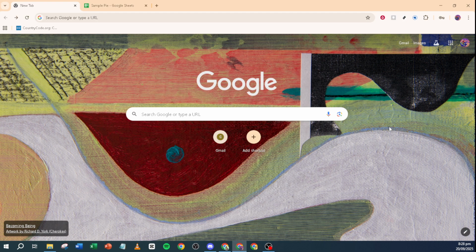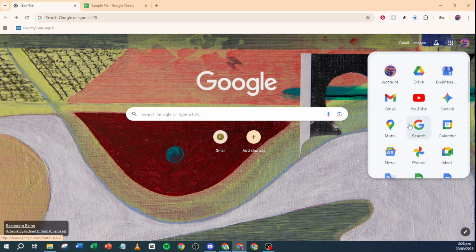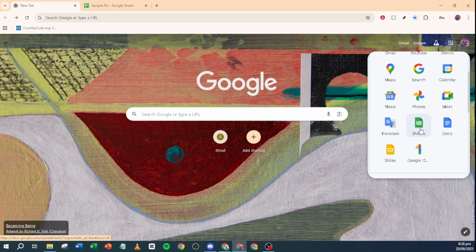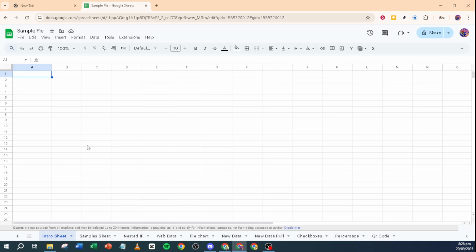First, you'll want to begin by opening the Google Sheet that you're intending to download. You can easily do this by accessing your Google Drive, or navigating directly to the Sheet's URL if you have it. Once you've located your document and it's displayed on your screen, we're ready to move on to the next step.